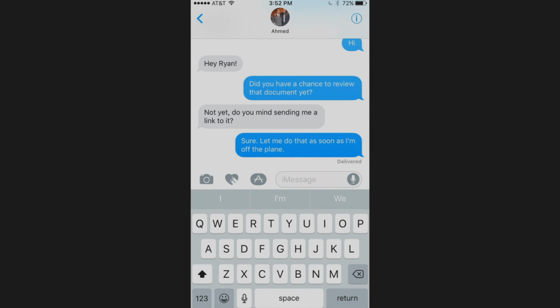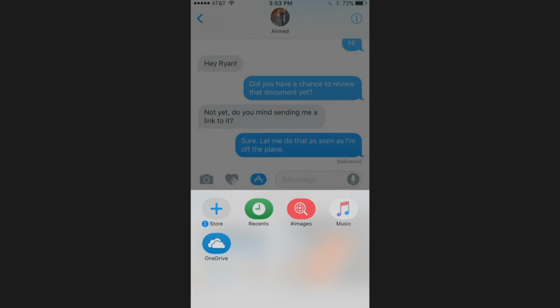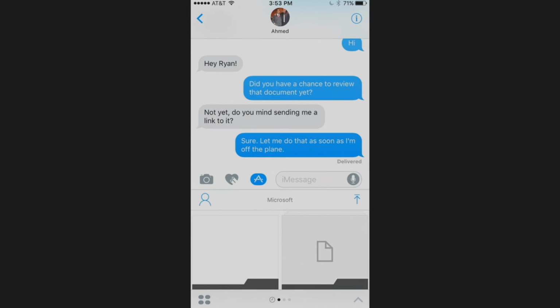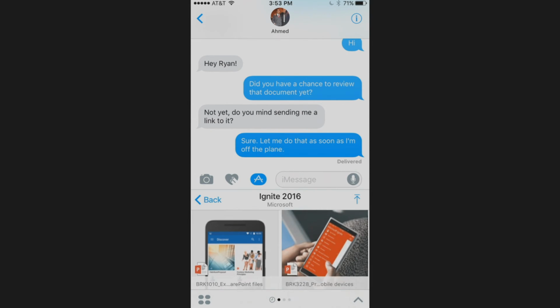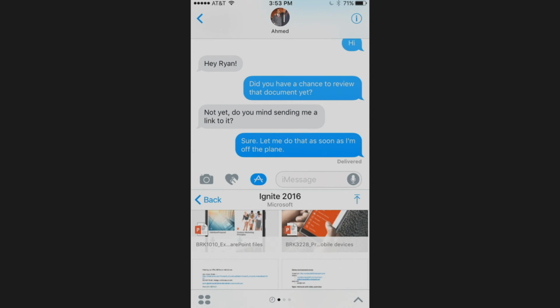So if I tap iMessage here, you can see I'm having a conversation with a colleague of mine, and he wants to take a look at this PowerPoint. So if I just tap here under the Applications button next to the new message, you can see this is where all the app extensions that support iMessage will show up, and you can see OneDrive's here. So if I tap on this, I can go into a folder, and we could actually just select the PowerPoint